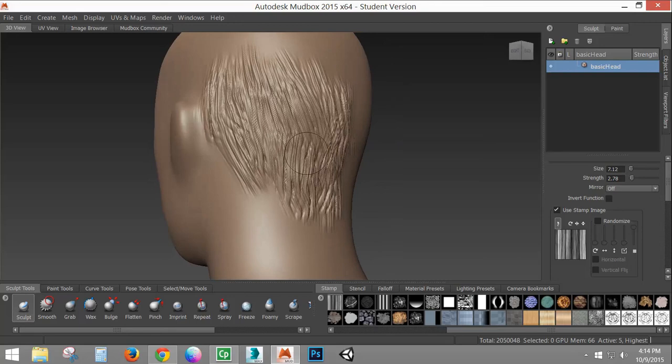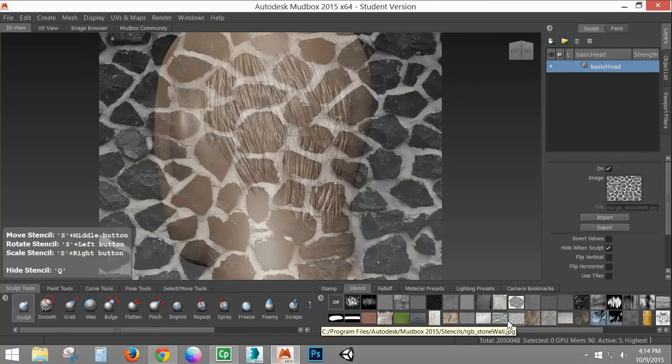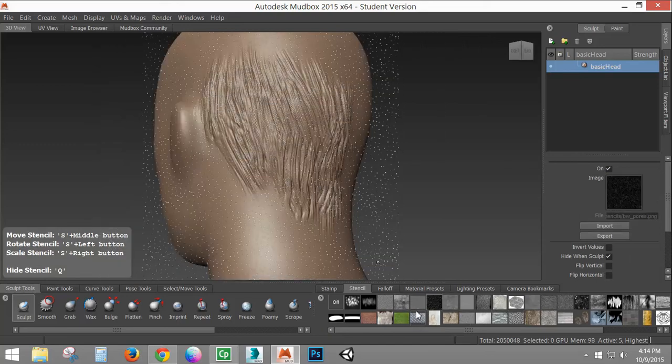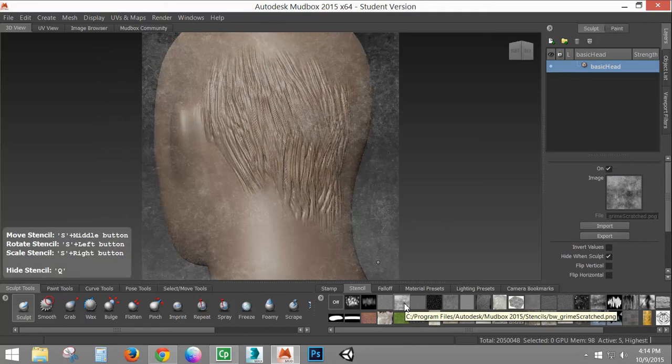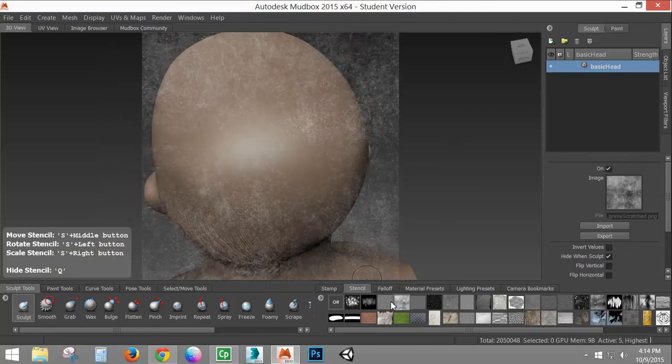Okay. The last thing I'm going to show before I end this tutorial is the stencils. And the stencils work very much like the stamps, but they cover a larger area. So for instance, if I have, let's see, find a really good one. Those are just little dots. So this one has a bit of noise to it. It is called